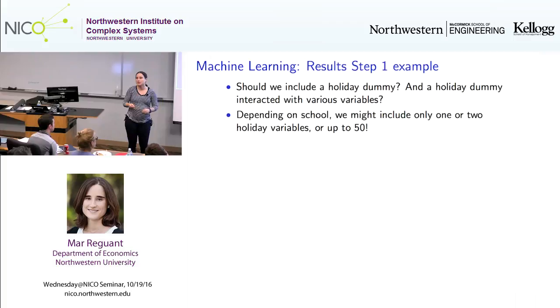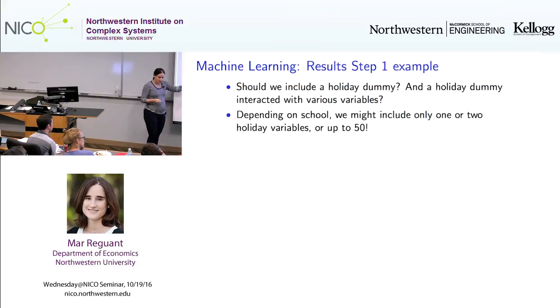Now we could decide to include only the holiday dummy. We could decide to include the holiday, but also take into account which season of the year it is, or include the holiday dummy and take into account what's the weather like that day. So we could do all these different interactions. I think we included up to 50 different holiday variables. And for most schools, honestly, only 1 or 2 were enough. They were including the holiday dummy, and that's it. But for some, they included up to 50 holiday dummies. So again, that's something that it would be very hard to do in a regression.